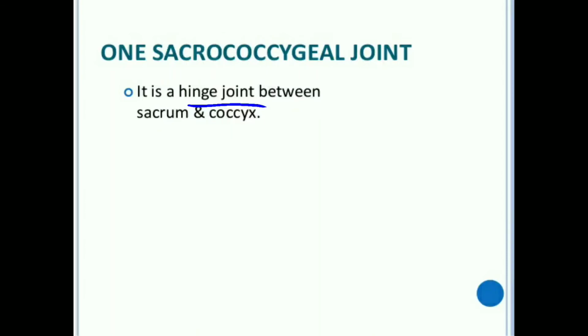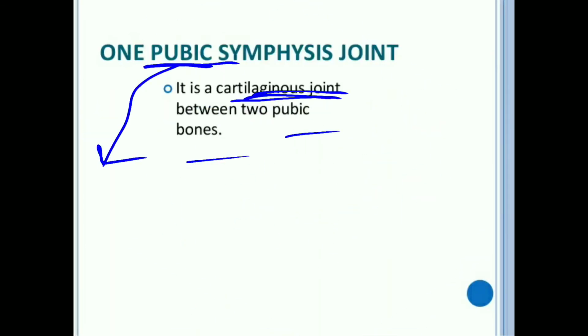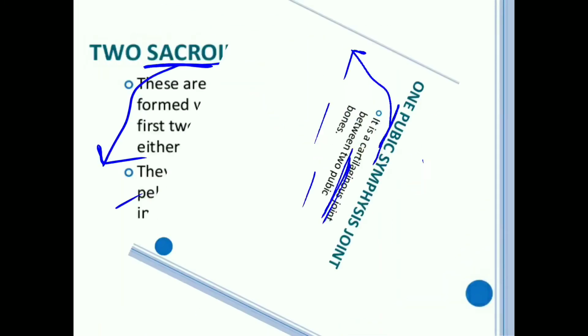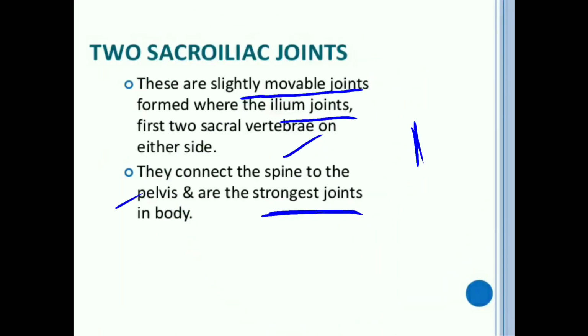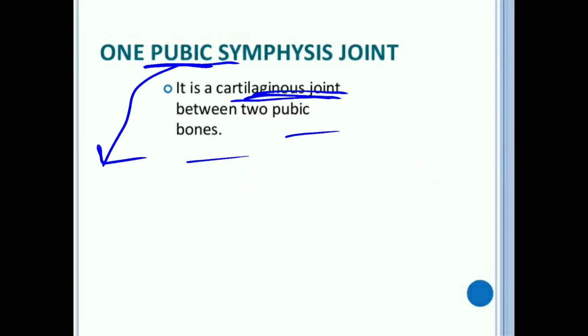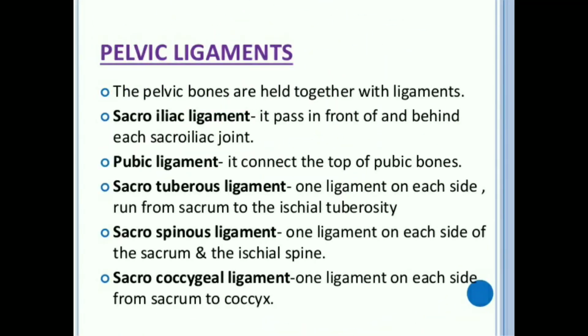Pubic symphysis is a cartilaginous joint between two pubic bones. And the sacroiliac joint is a slightly movable joint between sacrum and ilium, and probably the strongest joint of the body. So then